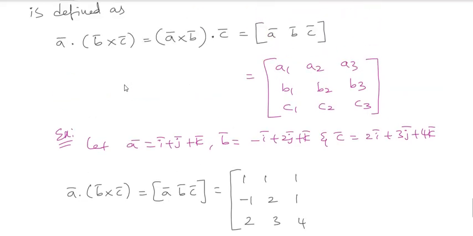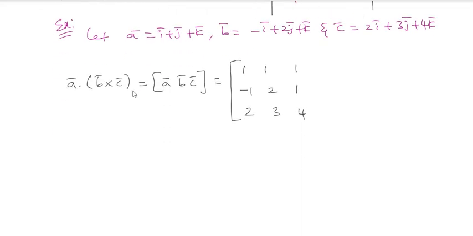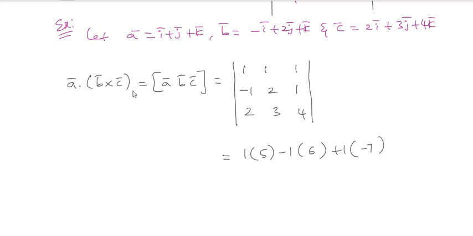Sorry, this box actually means determinant, you have to calculate the determinant. So here also you will have the determinant. Am I right or not? So calculate the determinant. 1 into, directly I am doing, 8 minus 3, which is 5. Next minus 1 into 2 plus 4, which is 6. Plus 1 into minus 3 minus 4, minus 7 will be there. Am I right or not? So check it out here.